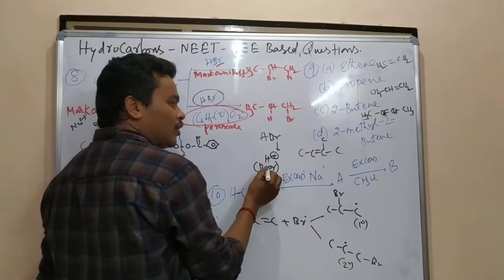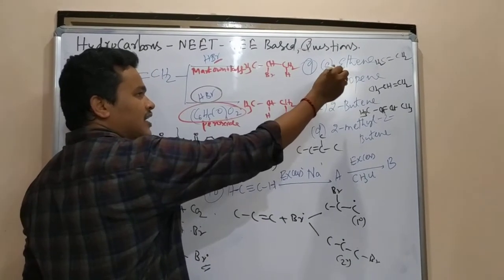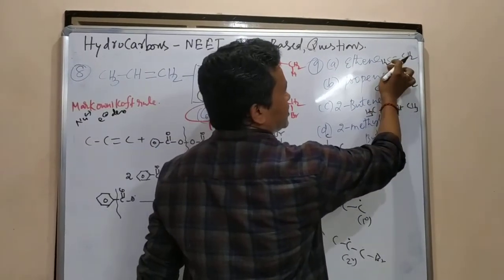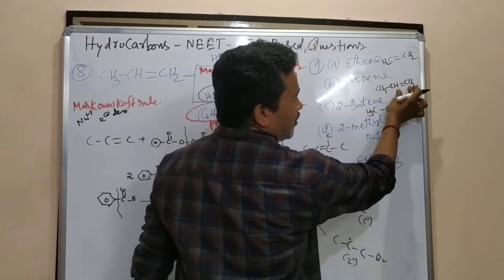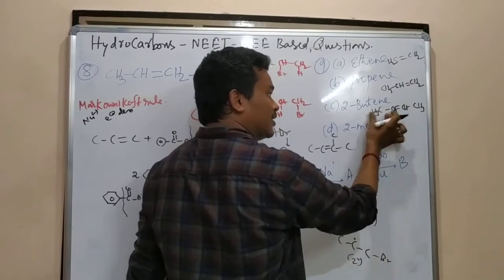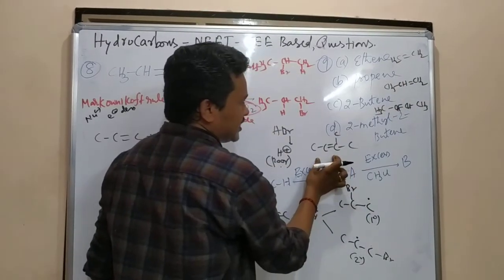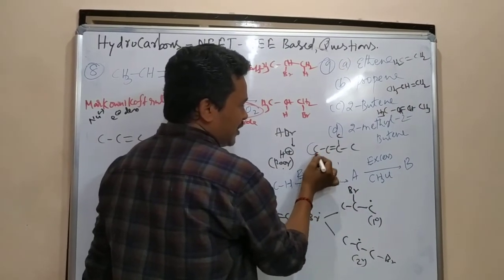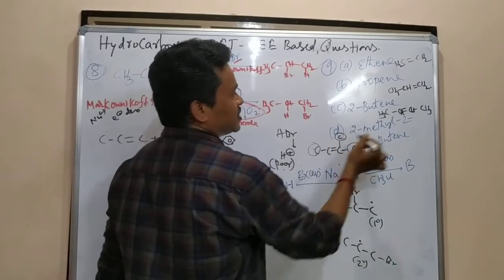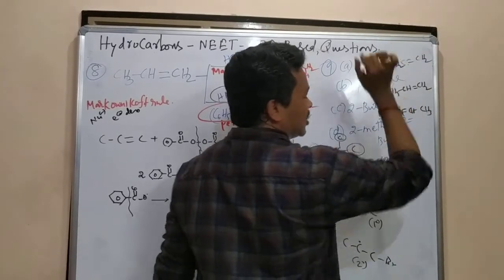This electron-poor species is trying to reach the electron-rich site. Where is the electron-rich site? The double bond. This side hydrogens, this side hydrogens. Double bond, this side methyl group. Double bond, this side methyl, this side methyl. Both side donation, one side donation, no donation. Here this side methyl donation, here methyl donation, here methyl donation. 1, 2, 3 donations. 1, 2 donations. Here only one donation. Here no donation.